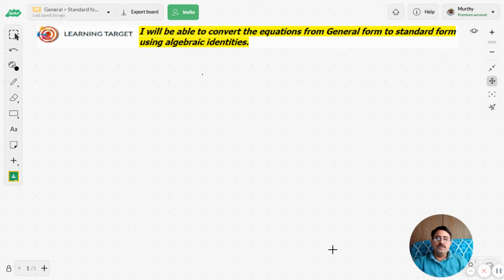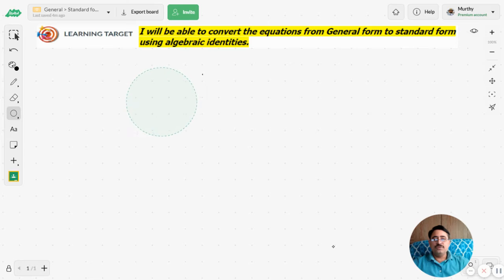In today's class, you will be able to convert the equations from general form to standard form using algebraic identities. So let's quickly review what you learned in the previous session. In the previous session, you learned that if there is a circle, let me take a circle,